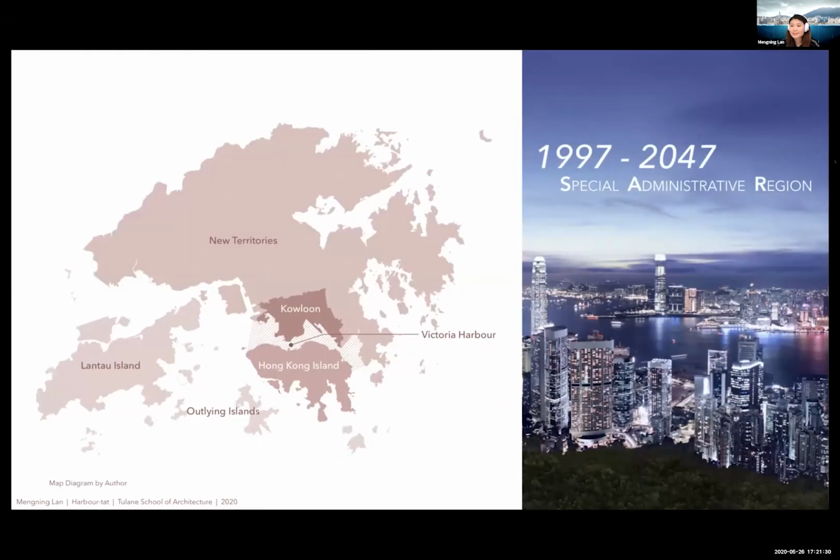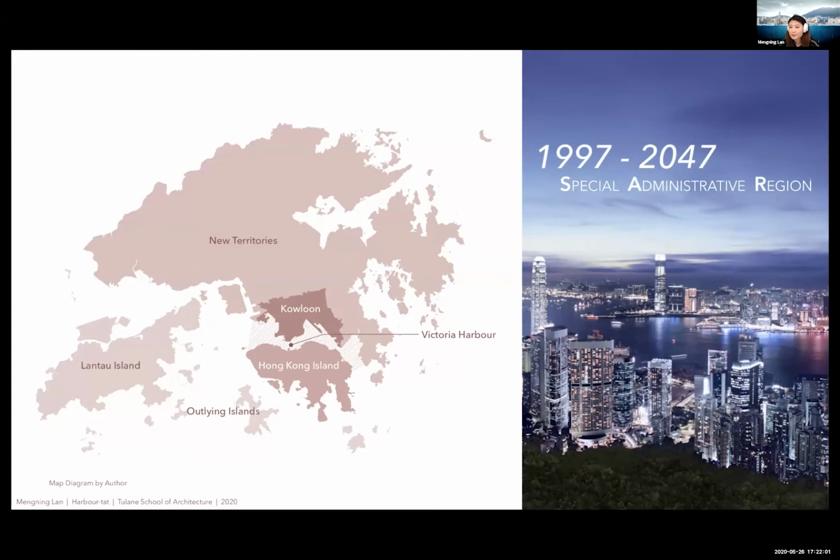This map shows the entire land territory of Hong Kong. Hong Kong was handed back to Chinese authorities as a special administrative region in 1997. It has a high degree of autonomy for 50 years and is dominated by an open and market-driven economy. In Hong Kong, land is government-owned and controlled. For years, the government has followed a policy to sell leases of land through auction and tender. It represents up to 30% of government income.